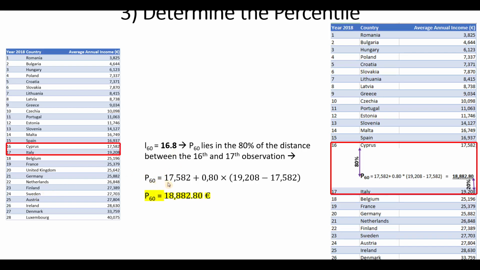The 60th percentile is equal to the 16th observation plus the 80% of the difference between the 17th and 16th observation, and this is equal to 18,882.80 euros. And here is a graphical presentation of our calculations.